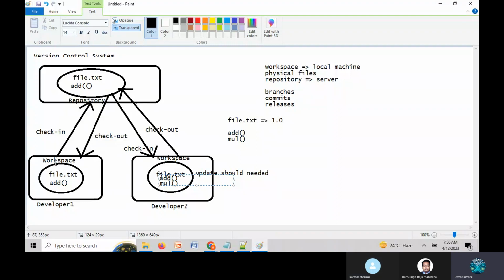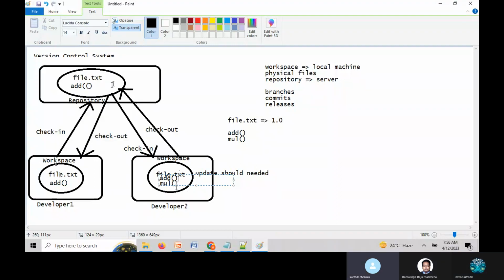Suppose you are working as developer 1 on one machine, and Ram is working as developer 2 on another machine. I gave an empty file, and I am asking you to update. Suppose Ram is adding the functionality, and he went home. Karthik, whatever code is available in the centralized machine, you need to sync up every day, correct? We have to take an update. Whenever we take an update, automatically whatever code is available in the centralized repository comes to the local. Again, you need to start your work and then check in.